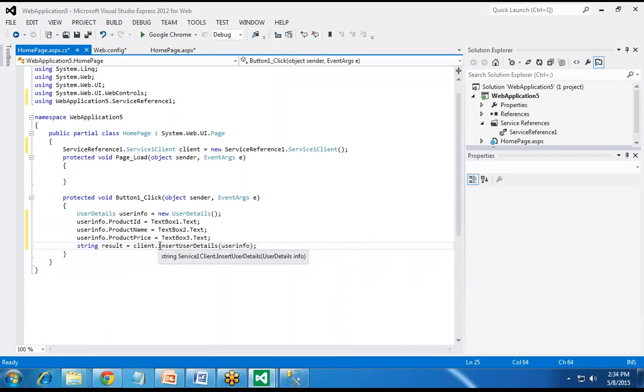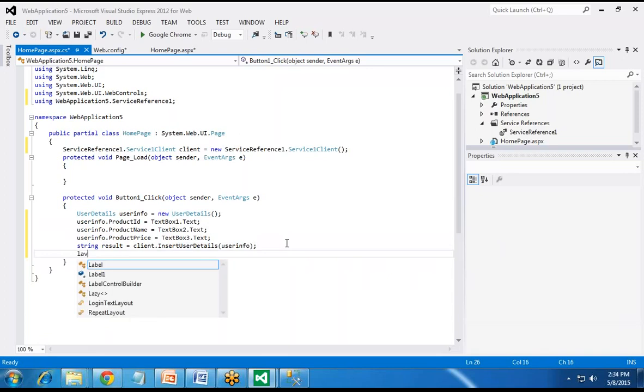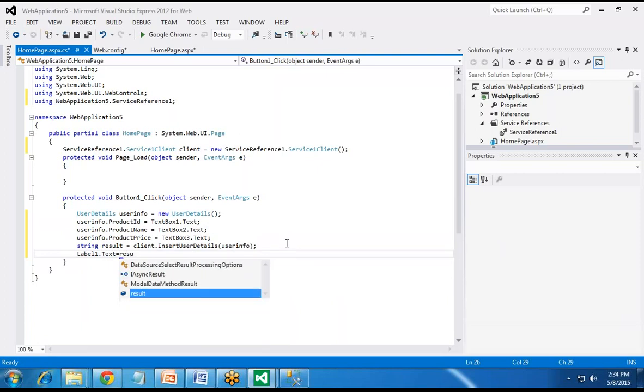That's the function which we have created in our services, and then we set Label1.Text equal to result. So that's all.